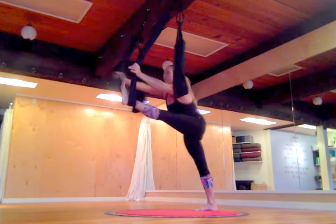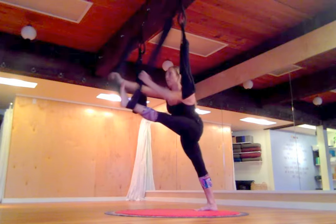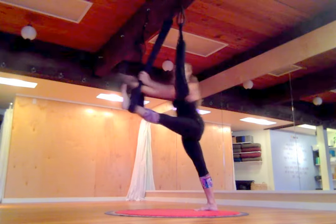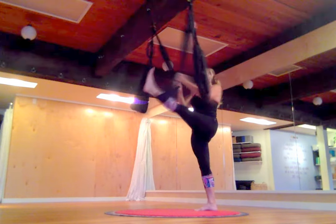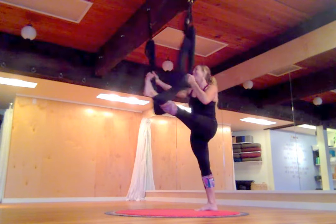Awesome. So we do a little wiggle from side to side, just kind of like you're steering, right? And this will open up the back of the calf, back of the ankle. If anybody wants to pull up and come up a little bit higher, get right stacked, hip over the ankle on the standing leg. And you can do a little bit of a wash from side to side here and work that